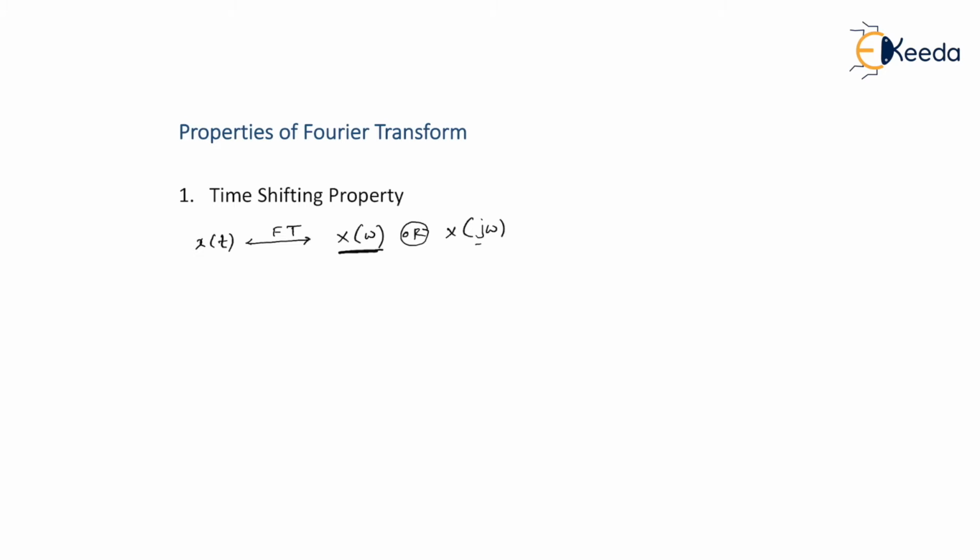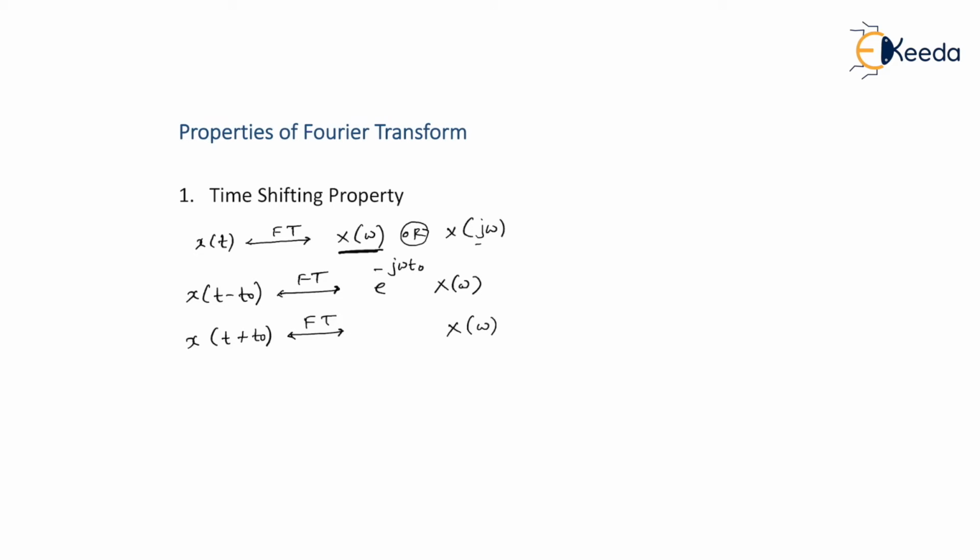So if x of t's Fourier transform is X of omega, then in case time shifting takes place, and you know that time shifting means there are two categories, either it can be time delay or it can be time advance. Let us assume x of t minus t naught. In that case, the Fourier transform is again X of omega only, accompanied by some exponential function e to the power minus j omega t naught. In case advancing takes place, that is x of t plus t naught, in that case the Fourier transform is